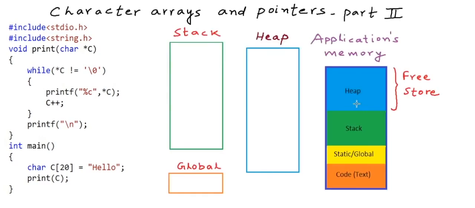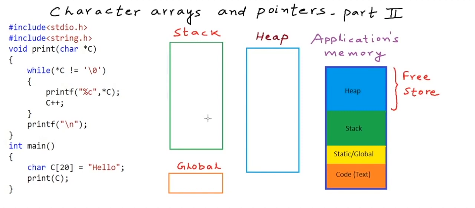The memory that is allocated for execution of a program is typically divided into these 4 parts, these 4 sections. One part of the memory stores the instructions in the program. We call that the code segment or the text segment. One section stores the global variables, and stack is where all the information regarding function call execution and all the